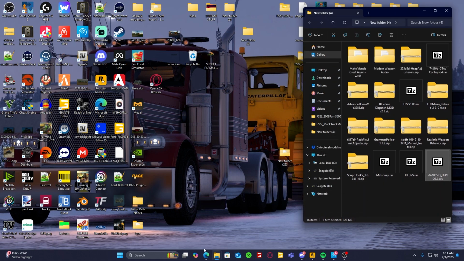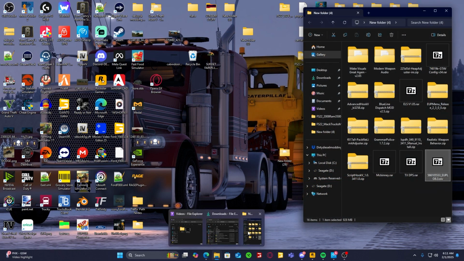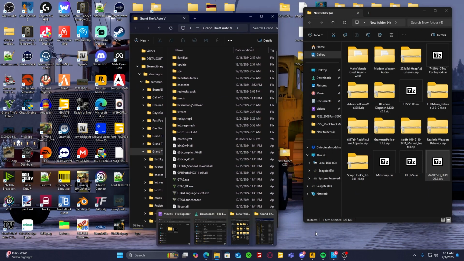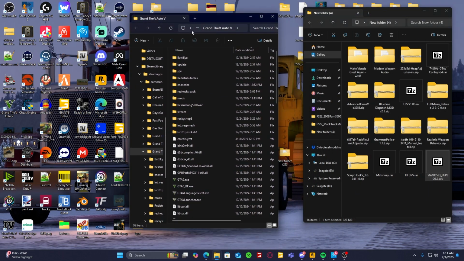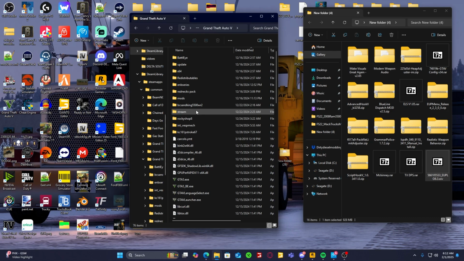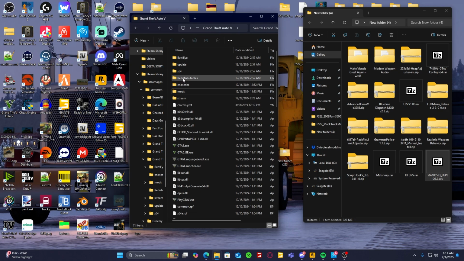First off, you will need a good copy of GTA 5. And this is the copy that I have right here. It's just a backup, just another copy. I just made a copy of my GTA. I have my 5M copy and my regular copy. So what you'll do is delete all your stuff from 5M like I have here. We'll go back and delete the mods folder, and now we will go ahead and install